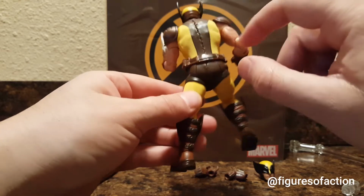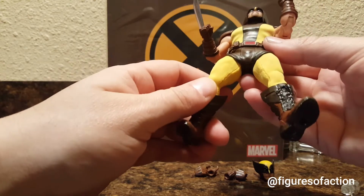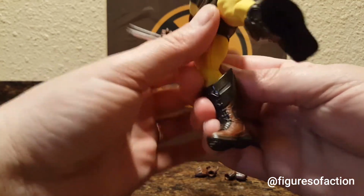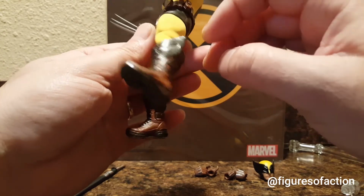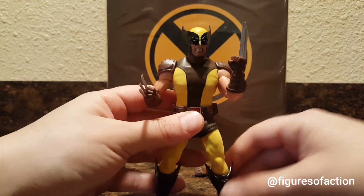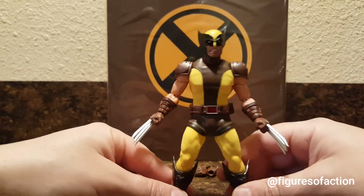The leather that goes up the back and into the neck goes down to the shorts as well. It seems to be one piece, but it's kind of hard to tell with the belt fixed in position there. The boots are sculpted out like the costume to resemble the mask, and there's a calf swivel there as well. It's got the standard double jointed knees and elbows, biceps swivel, the wrists, but